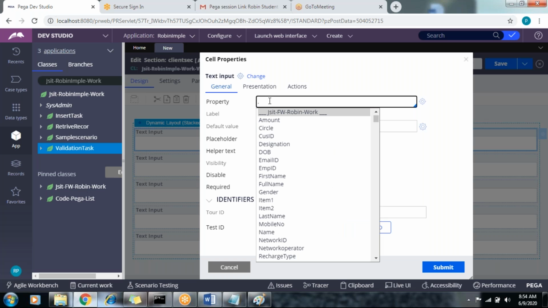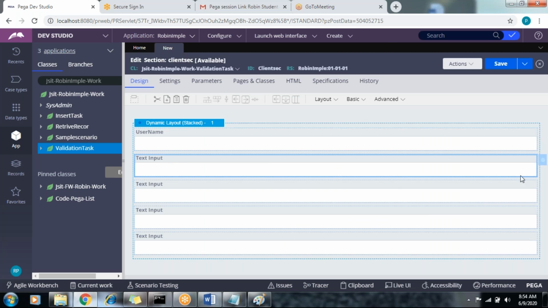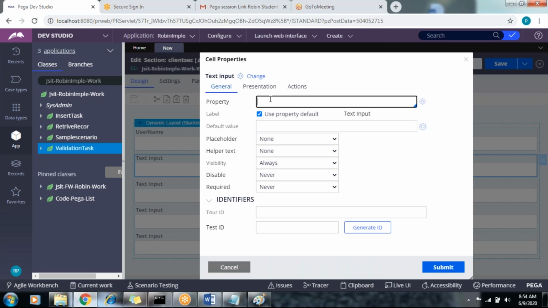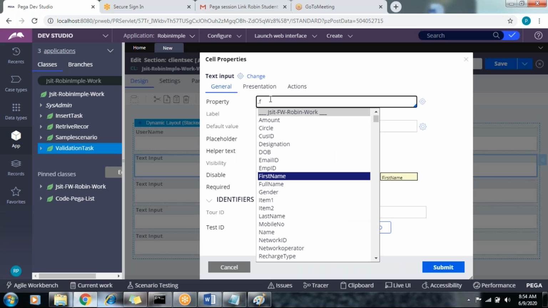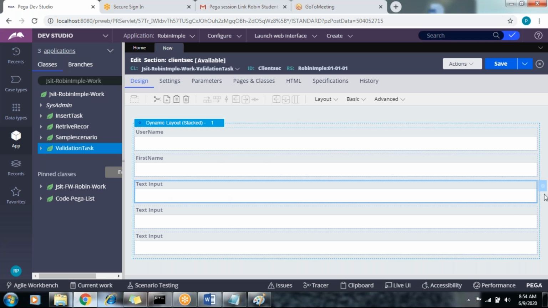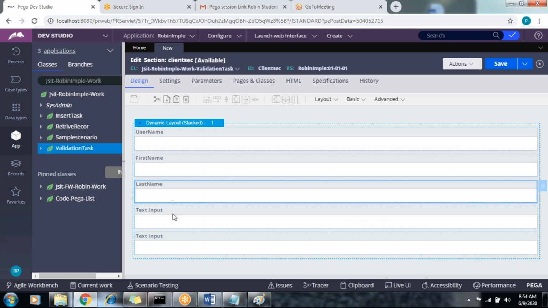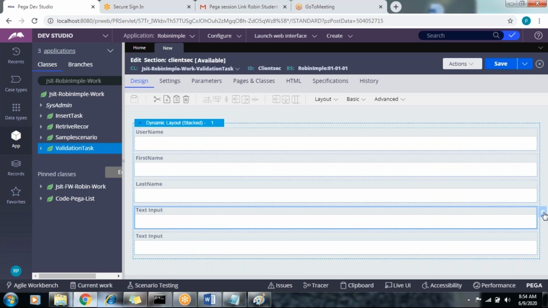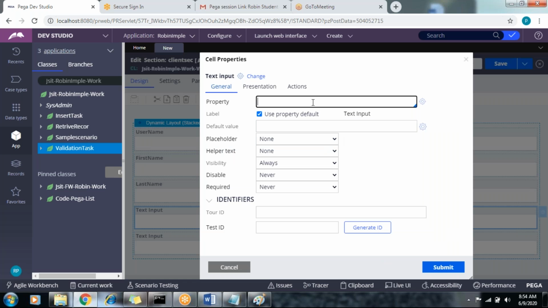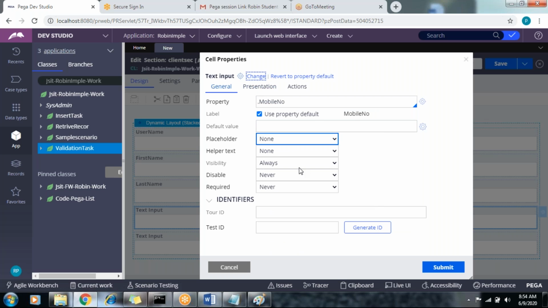So dot username, first name, last name, mobile number.